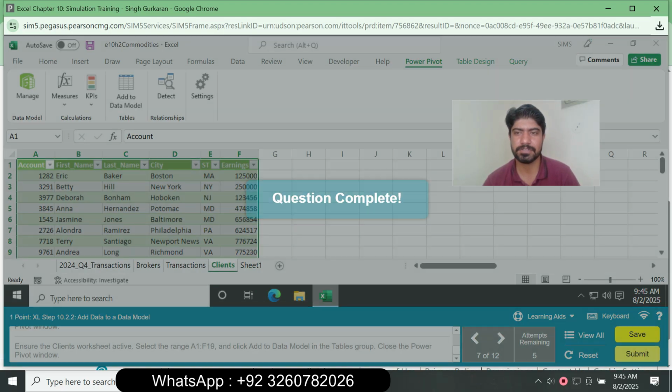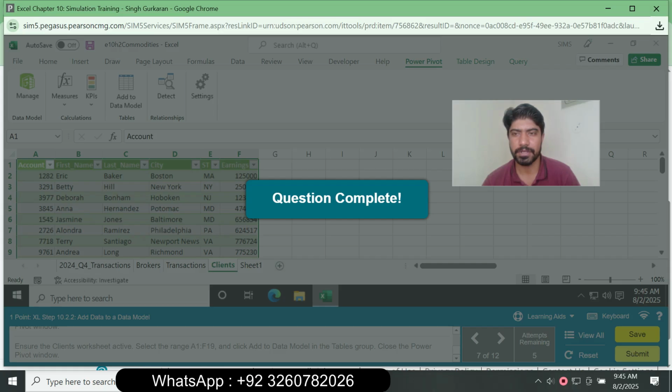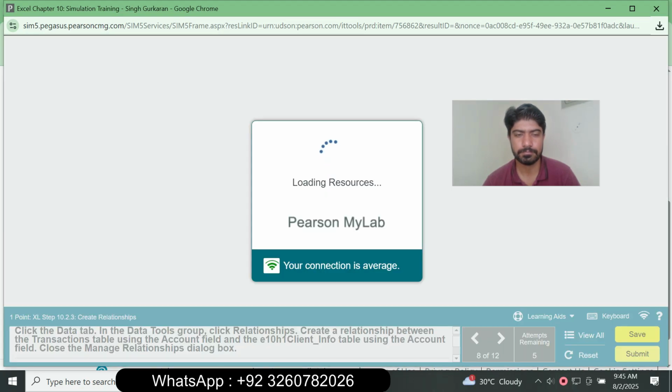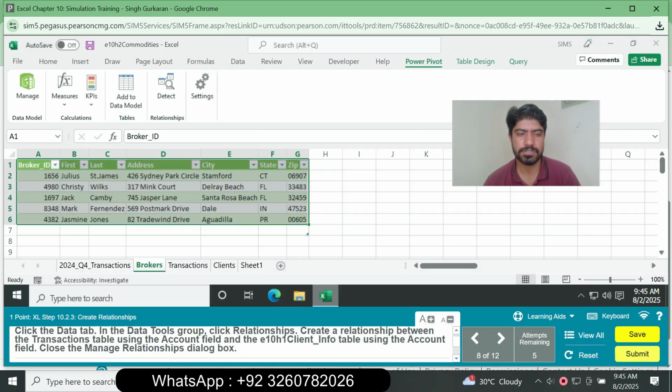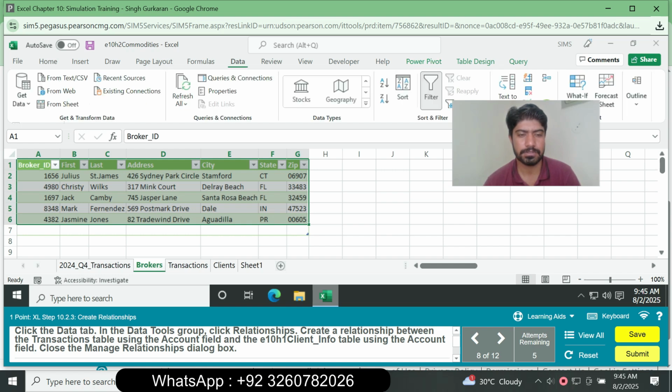So question number 7 is complete. We move to question number 8. So question number 8 is click the Data tab in the Data Tools group, click Relationships, create the relationship between the transaction table using the account field and then the client info table using the account field and close the Manage Relationships dialog box. So go to the Data tab and Data Tools group and click Relationships,